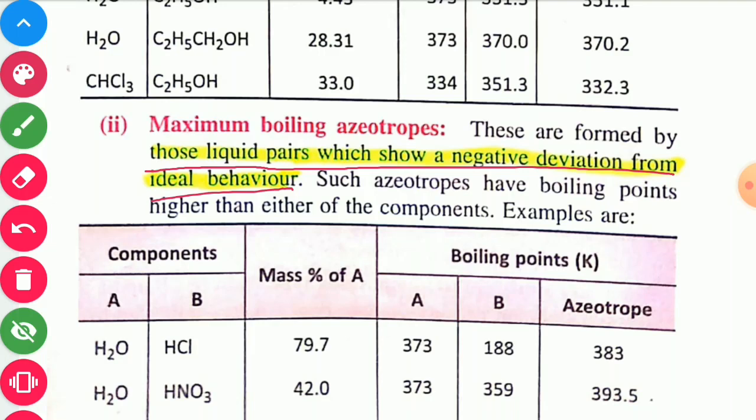Here again some examples are given in terms of component A and B of the solution. Mass percentage is given for component A. To find the mass percent of component B, we may take 100 minus the mass percent of component A. So here in the first example, a mixture of water and hydrochloric acid. The mass percent of A, that is water, is